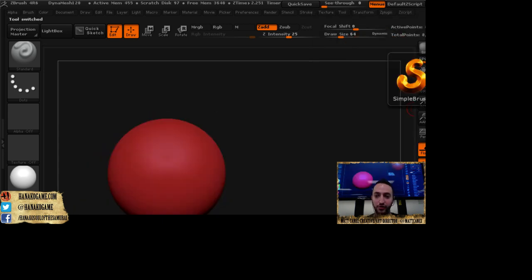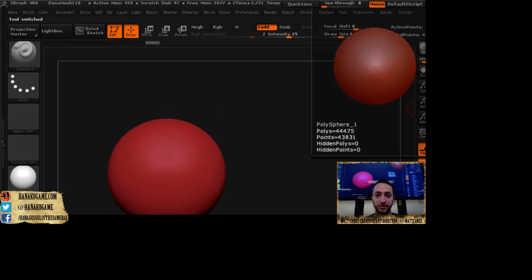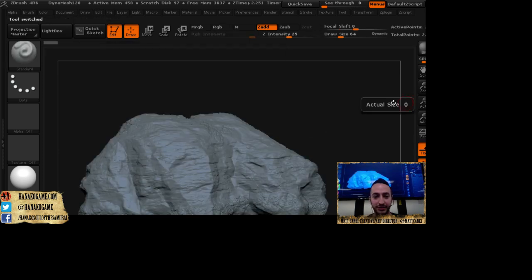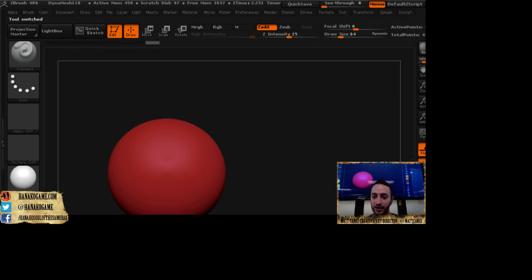Usually for organic stuff, if you're using 4R6, ZBrush has a feature called ZRemesher, and basically you can do a crazy, amazing sculpt, and then in a single click, get a game-ready mesh, and just put that in the game engine after you UV it, and that is fantastic. So to get this kind of shape, I usually start with a sphere, and DynaMesh is another feature that, first off,